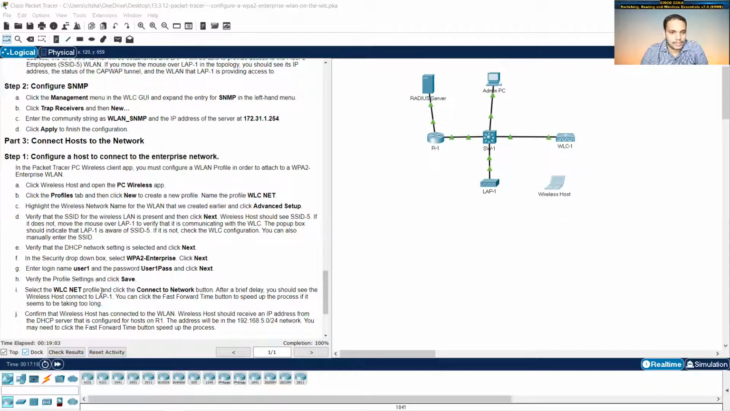After a brief delay, you should see the wireless host connect to LAP1. Yes, you can see that the wireless host has connected to the lightweight access point. Confirm that the wireless host has connected to the WLAN. You can see that it is now connected. The wireless host should receive an IP address from the DHCP server. For that, I can go back and click on IP configuration. You can see that the address that it got is